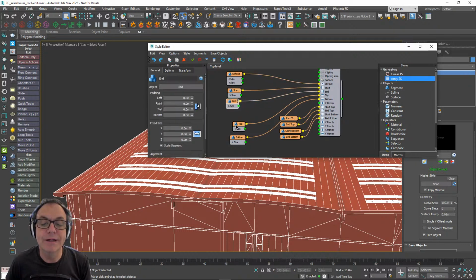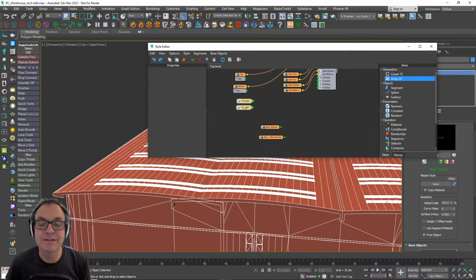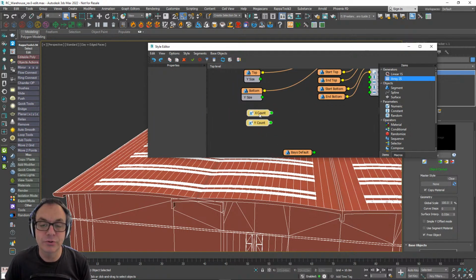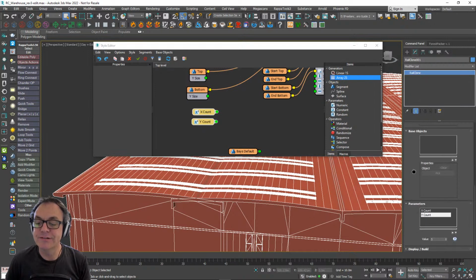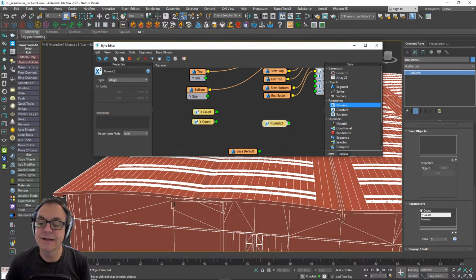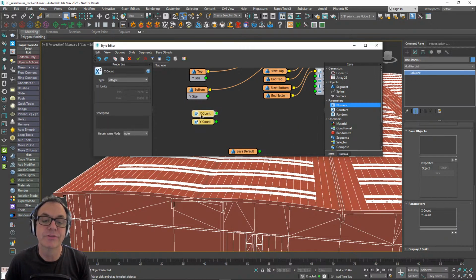What we're going to do is set a count. I've got a couple of parameters down here already, and these are what's called numeric nodes. You can see them over here on the right, and these show up as parameters in this parameters rollout down here. If I add a new one, I get a new parameter down here that I can control. No need to do anything, it's automatically exported down there. That's all I've done with these, and given them a name.